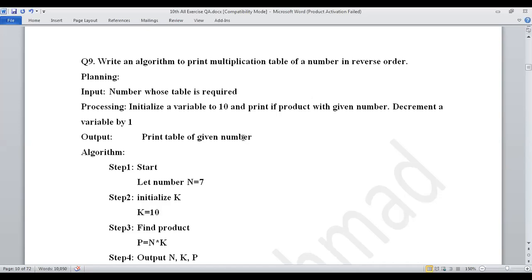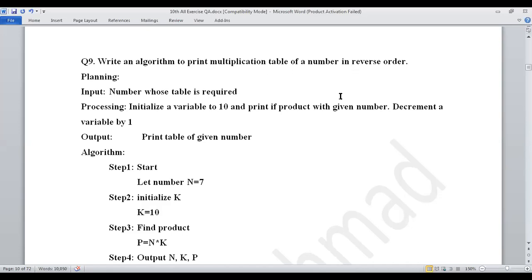Table of 7 is like this: 1 multiplied by 7 is equal to 7, 2 multiplied by 7 is equal to 14, 3 multiplied by 7 is equal to 21, and so on. We will take this table up to 10, so our last value will be 10 multiplied by 7 is equal to 70. But here the algorithm is asking for reverse order.